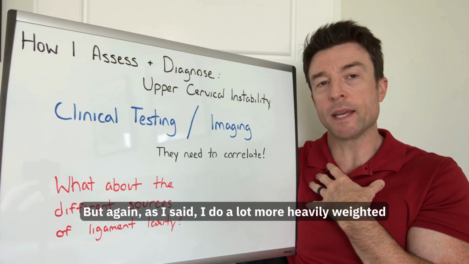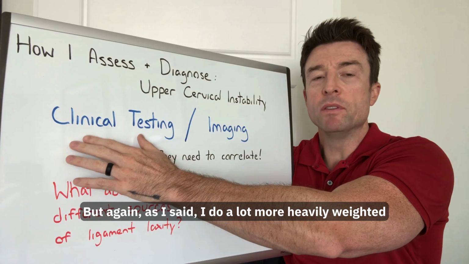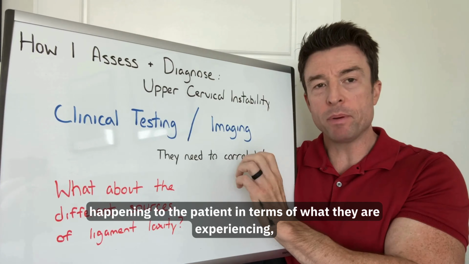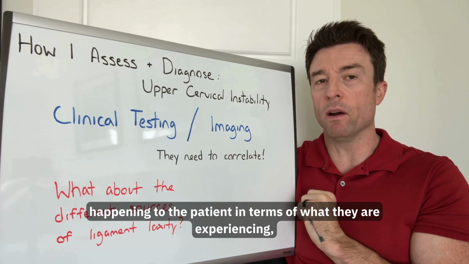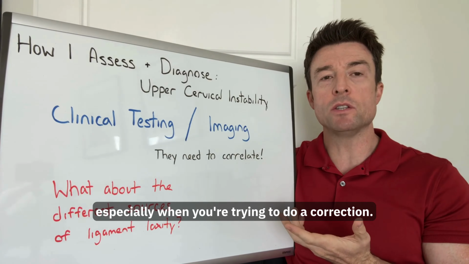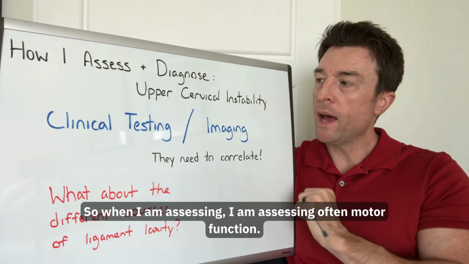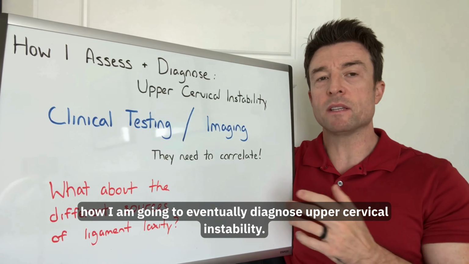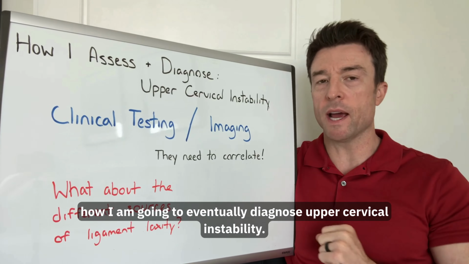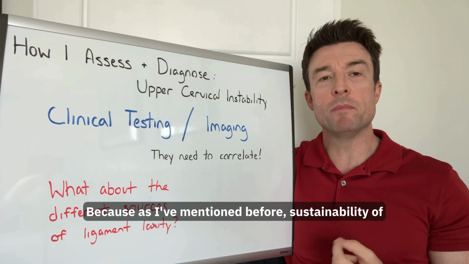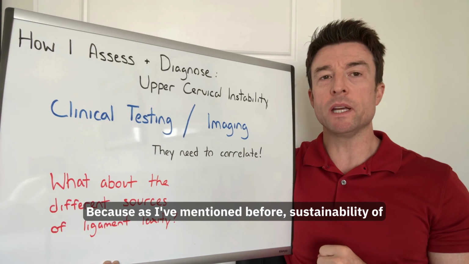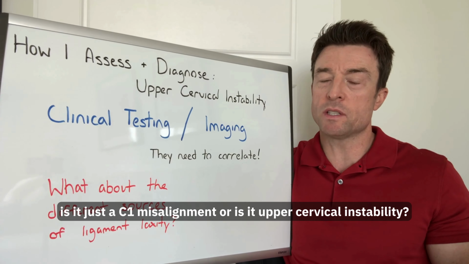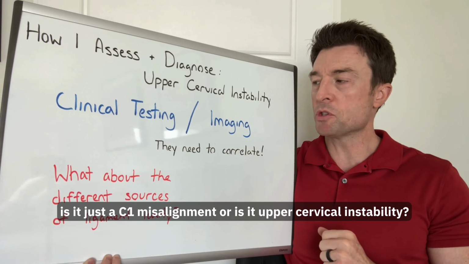Now, of course, do I do some imaging? Yes, when it's needed. But again, as I said, I weight the clinical testing a lot more heavily, because I want to see what is actually happening to the patient in terms of what they are experiencing, especially when you're trying to do a correction. So when I am assessing, it is often motor function. And that is how I am going to eventually diagnose upper cervical instability because, as I've mentioned before, sustainability of treatment and neurological function is often how we know,